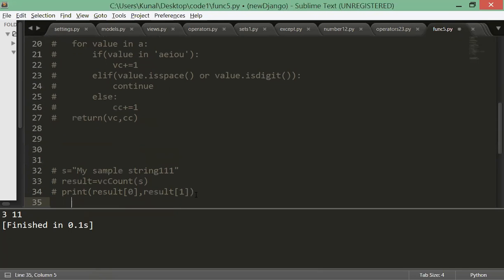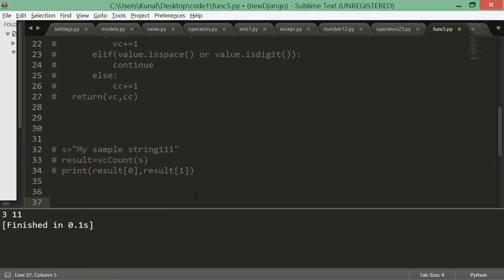Now let's move to the next, that is keyword arguments. So till now what we have seen is, when I'm saying x comma y,